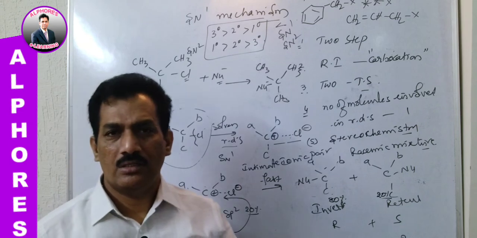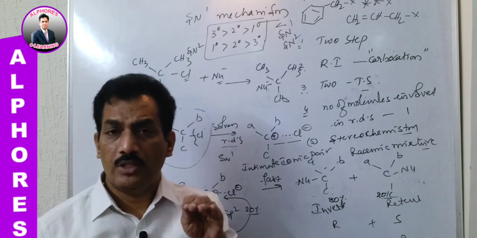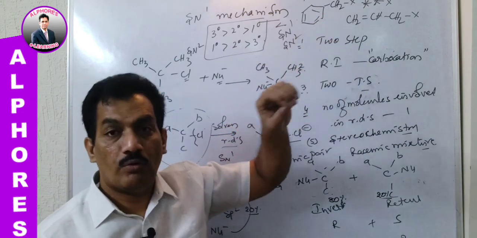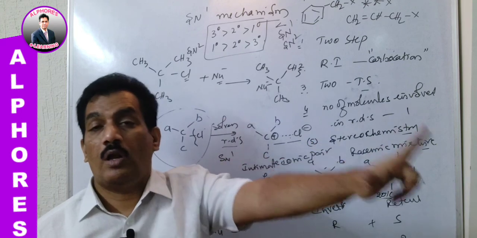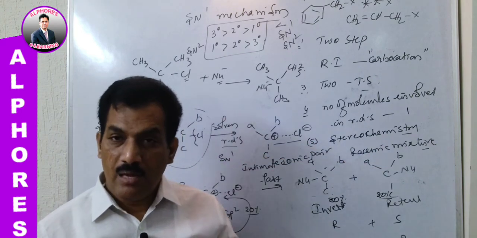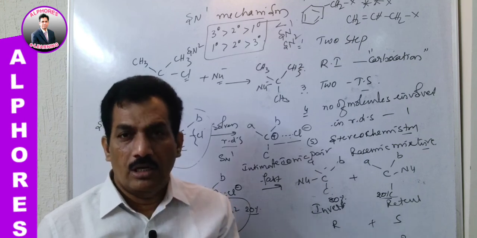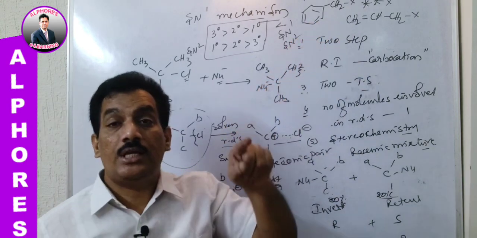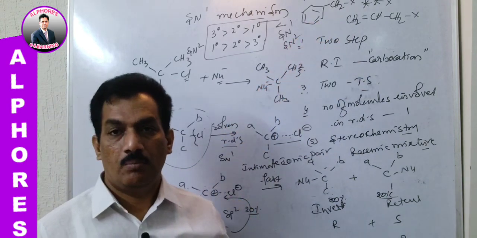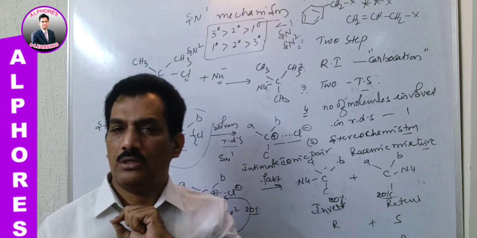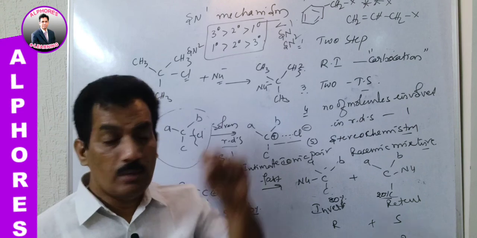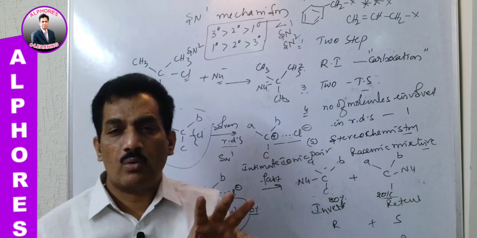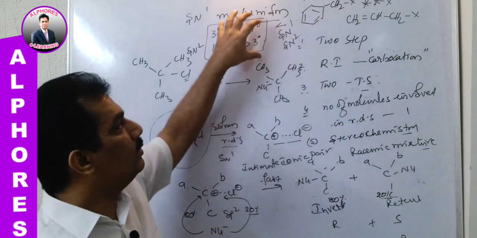And now the question starts. Sir, how is it possible for SN1 and SN2 with equal priority, that too dominating these? It is nothing but simply that these two are able to form a stable carbocation if they follow the SN1 mechanism. At the same time, depending on the condition, if they go for the SN2 mechanism, then also they are able to form a stable transition state. Because of stable transition state formation, they undergo SN2 in preference to these. Because of stable carbocation formation, they go for SN1 mechanism in preference to these.